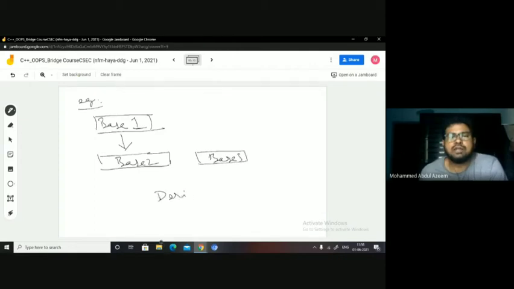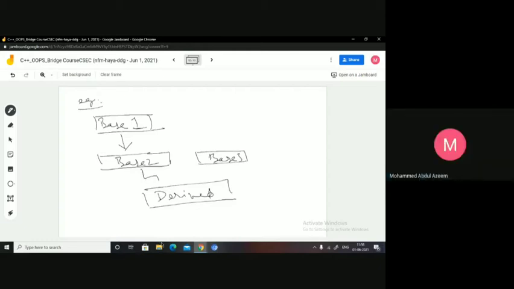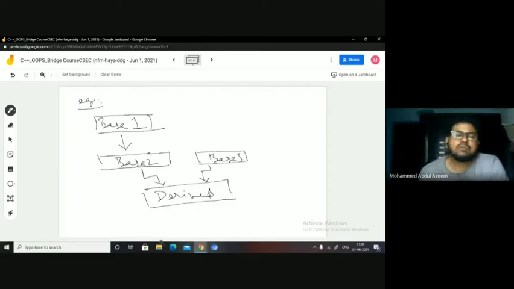And now let us say I am inheriting both of these. This is single level, this is multi-level, and this is multiple. So how many types of inheritances do I have in this example? I have single level, multi-level, and multiple. Yes or no?